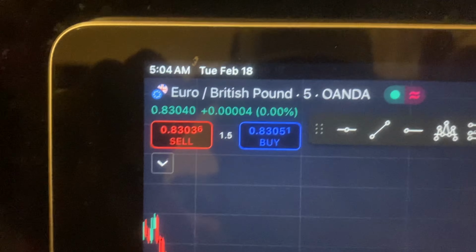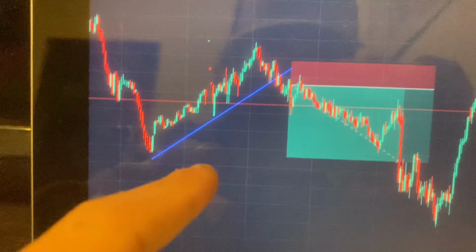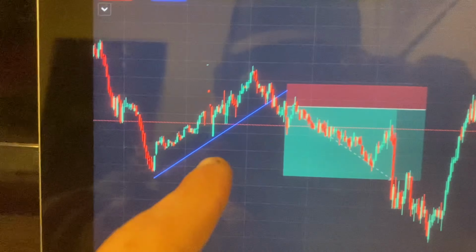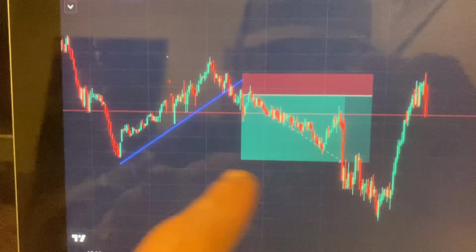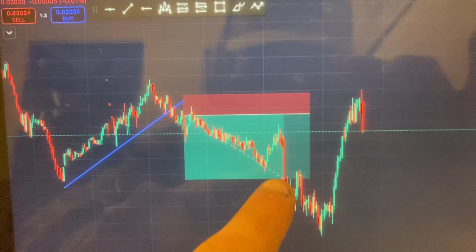All right, boys, so welcome back. It is currently 5:04 in the morning on Tuesday. So last night we ended off with one trade that hit and one trade that we let run. And like what we do, baby, the set and forget strategy is exactly what happened. As you see, we broke this trend line already on a downtrend of a market, and it switched. I saw this trend line. As soon as it broke it, I put in my buy. I told you it was going to go lower than what it was, but you see it bounce back up. But we already got out.